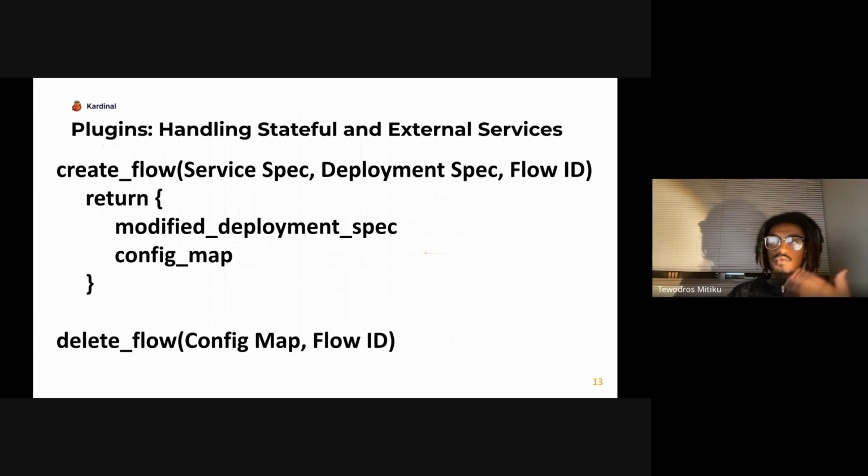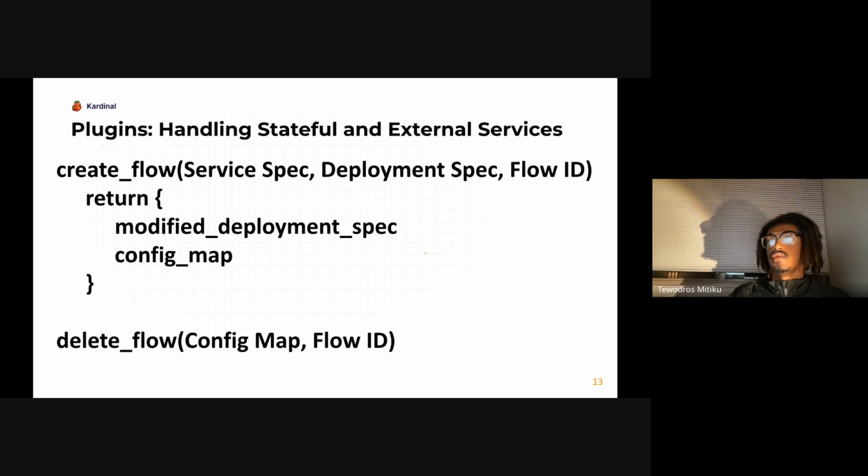And so what this could mean is that, okay, we're going to create a new dev database, we're going to seed it with some initial data, and then we're going to return the updated maybe host name and database table and user that we want the new deployment spec to use. And then that gets returned to the Kardinal engine, and the Kardinal engine will create a dev version of that Postgres database using the modified deployment spec.